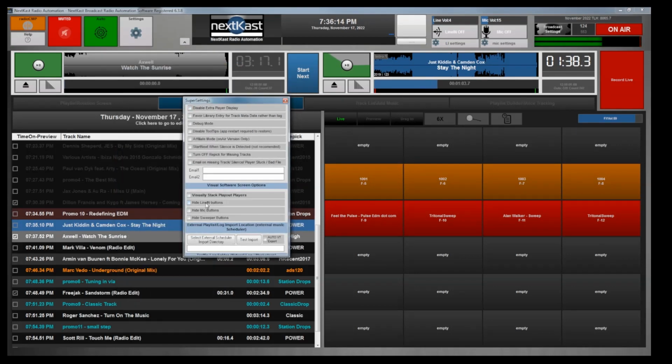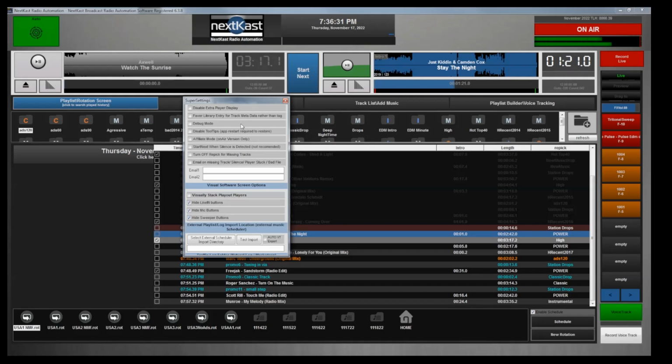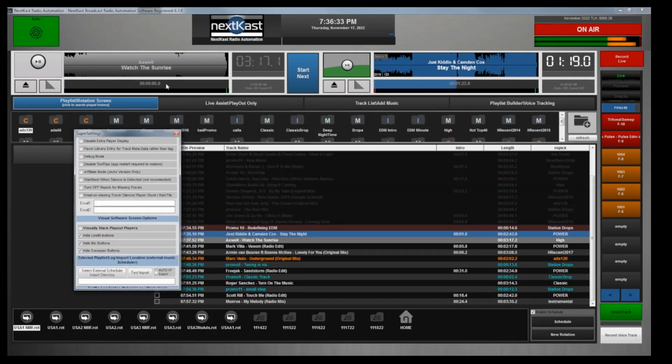So the first thing is we can hide the line in or mic buttons. So if you don't need the line in or mic buttons, you can check that there. The sweeper buttons and other settings can be hidden here by checking this. So now you have a much cleaner interface there. And if you don't need to use any of those things, you don't have to visually see them. Now, to get back to settings, you just would hit Control S,